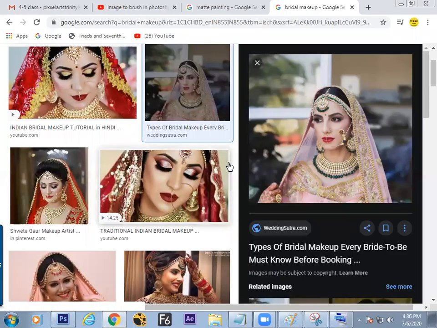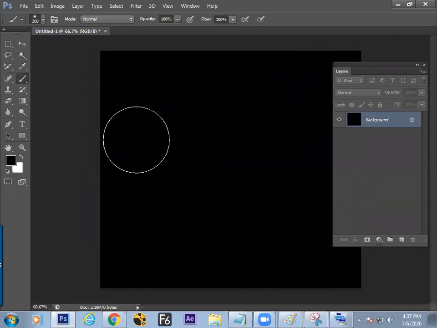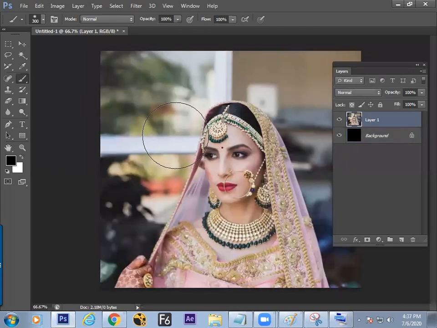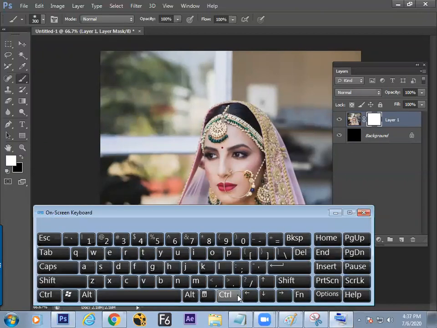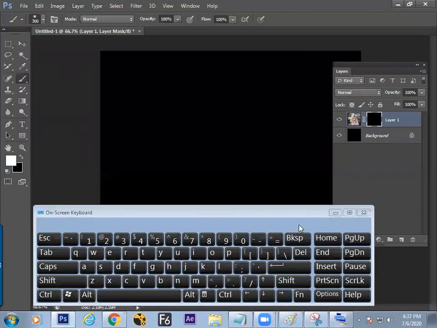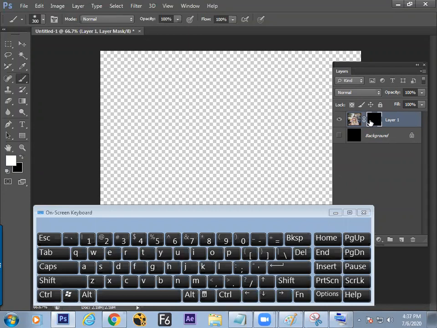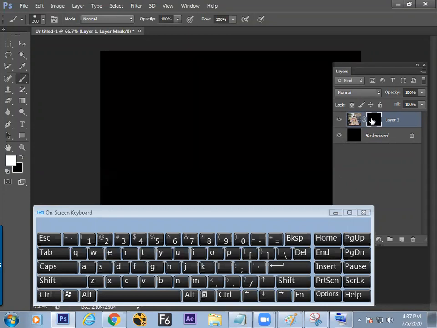Just bring the images, either from your hard disk or anywhere, and either drag and drop or paste them. Then use the mask and go to the mask. Because this is white, that's why it is visible. Make it black. How to make it black? By Control and Backspace. It will fill the background color here. Control and Backspace, make it active. Now it becomes hidden. It is no longer visible because black is behind. That black is visible, not this black. Now here is the mask layer.